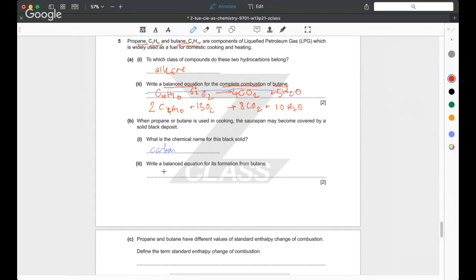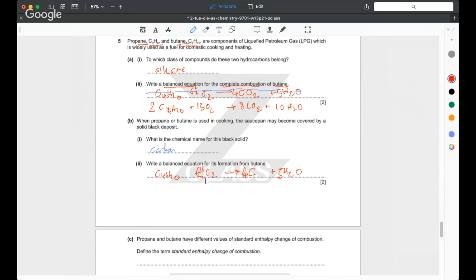And again, you've got to write the simple equation for that. You know, you're making not carbon dioxide, but carbon. You're still making water. You're going to have 4 of that. You're going to have 5 moles of water. And then, of course, if you try and balance the equation, you end up with a fractional stoichiometric coefficient in